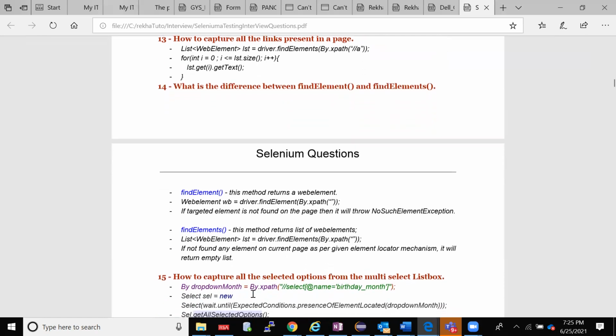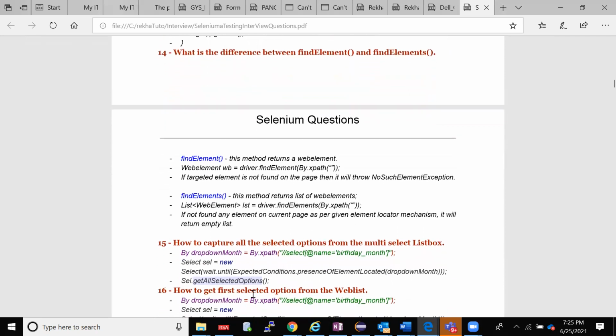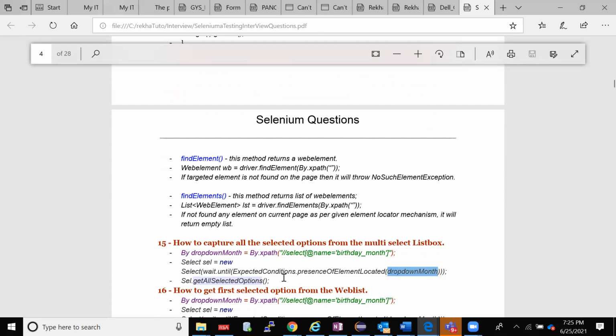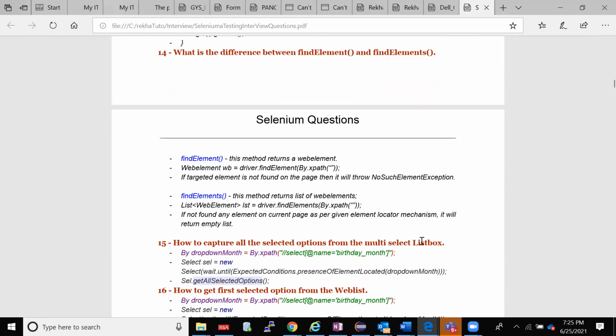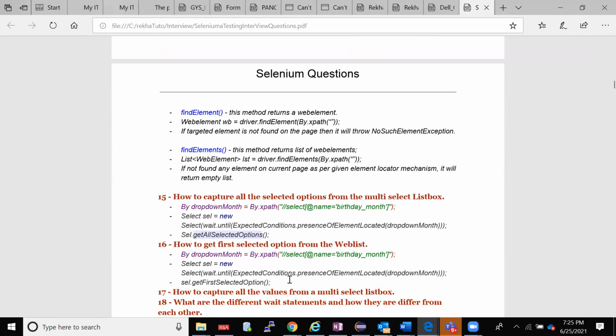How to capture the selected options from the multi-select box? We used this in our class: we created an object of the Select class, gave it the input, then called getAllSelectedOptions to get all selected options from the multi-select box.